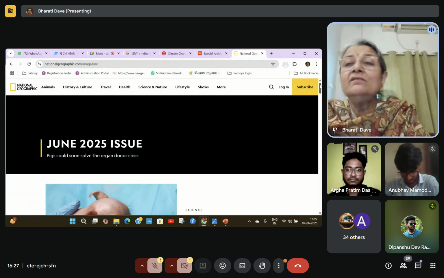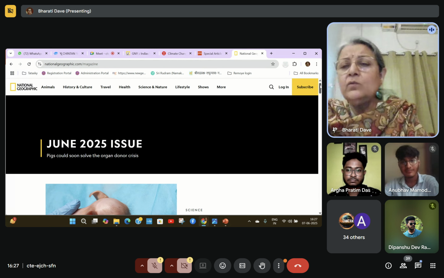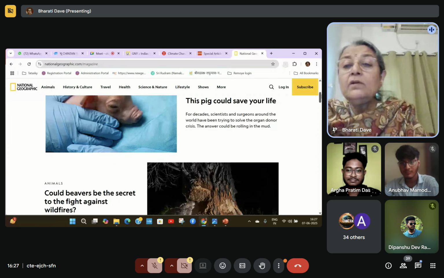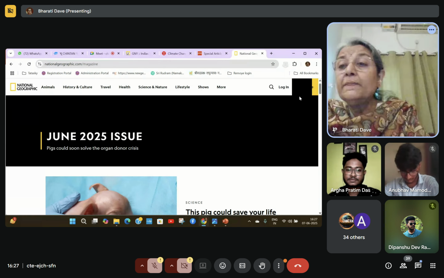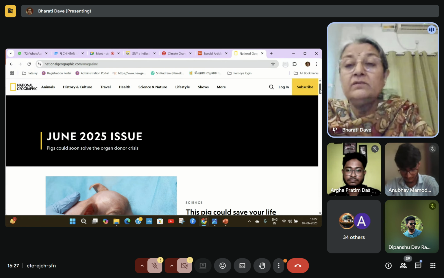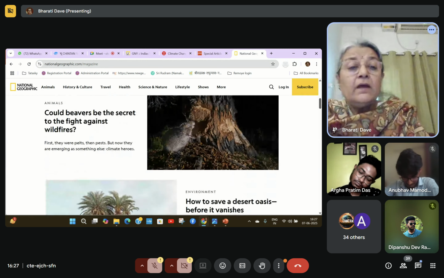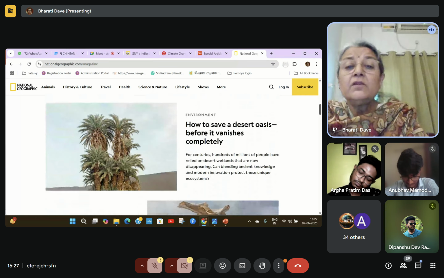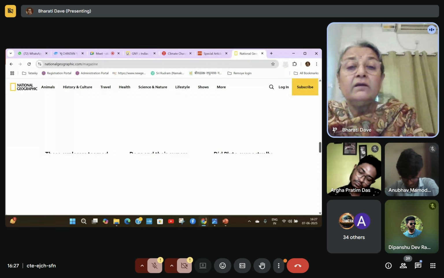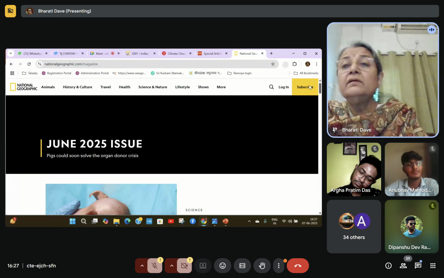Now National Geographic is a very expensive magazine, which you cannot, I mean, most of us would like to only read it from a library, but you can also subscribe, which is subscription is usually not so expensive for all these magazines, because you're reading them here. And there you can find such varied articles in that, right?